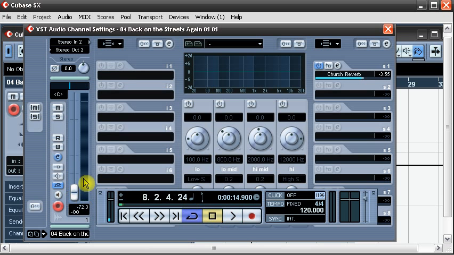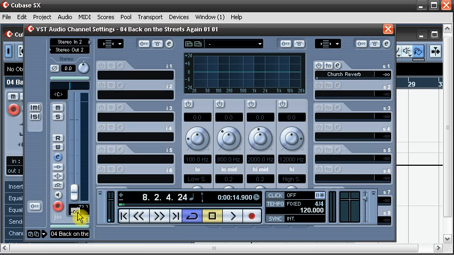Okay, you could hear there that because we're sending the dry signal post fader, when I reduce the level of the fader, effectively no dry signal can get through to the effects unit, so it brings down the level of the effect as well as the dry signal. So the dry and the wet signals are brought down together, so we've got control over both there. So if we do